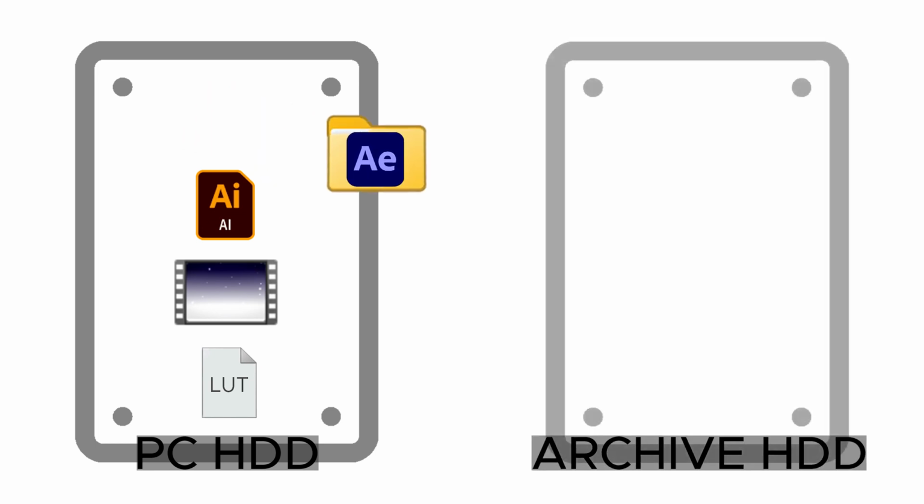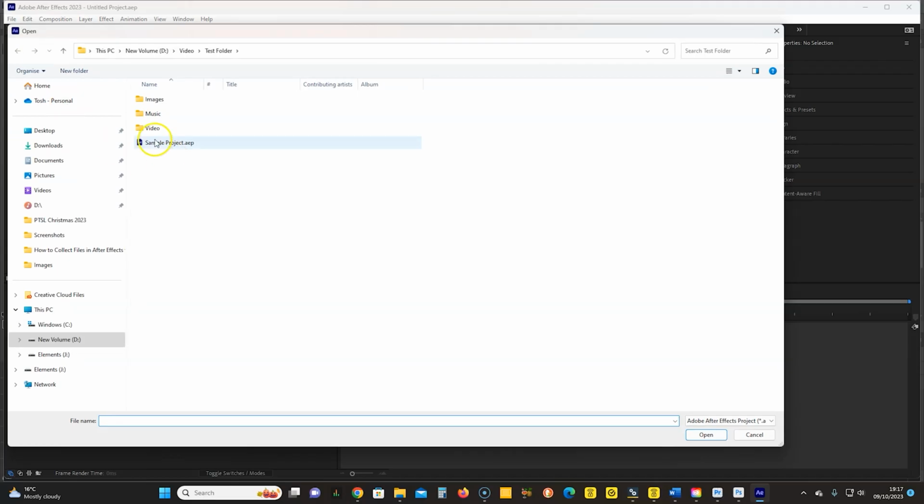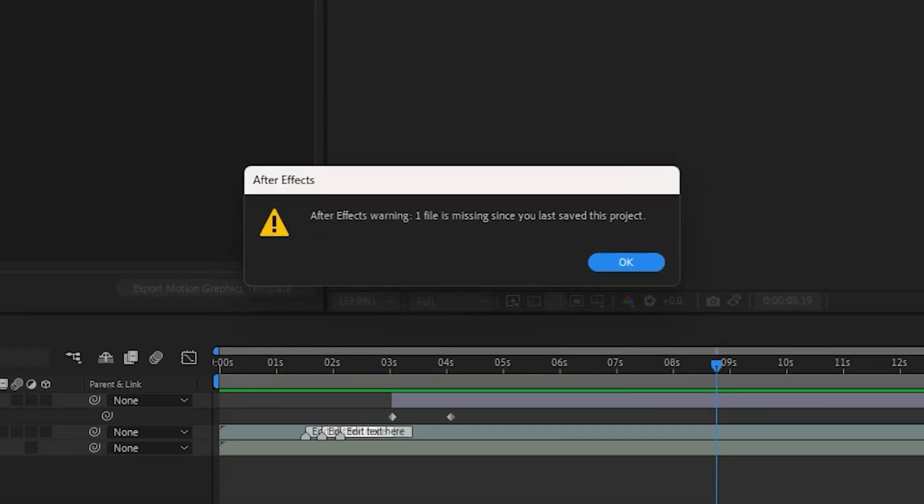However, if you move the project to an archive disk, perhaps to free up some space on your computer, next time you open the project, After Effects will report that there are missing files. By collecting your files into one folder, you'll ensure that in future your project will open properly without any missing